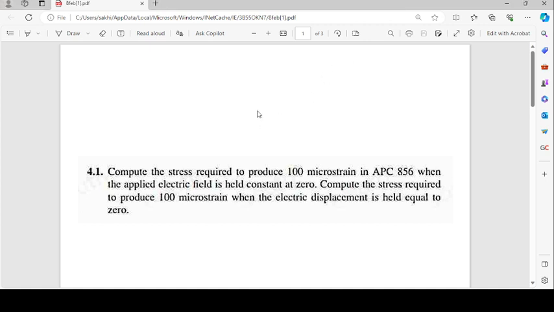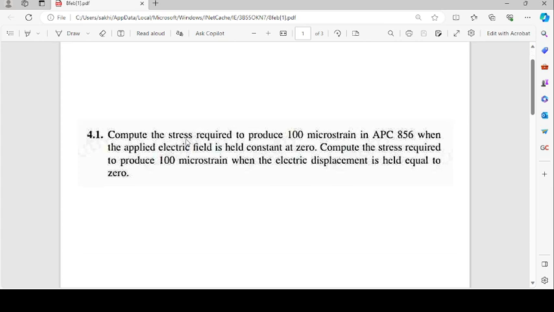Hello everyone. Today we will solve another problem of PZT material, that is the piezoelectric material. So what is our problem? We have a piezoelectric material in which we applied a load, and due to the load, we all know that the direct effect, when you apply a load, strain will be there, right? So compute the stress required to produce a 100 microstrain in APC